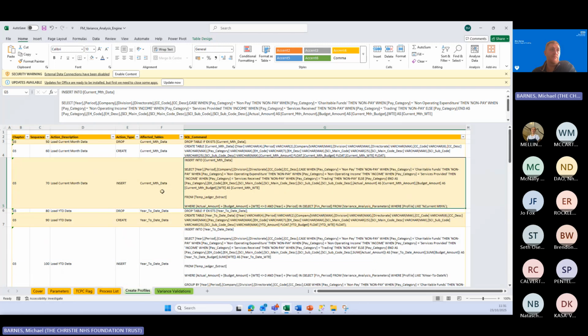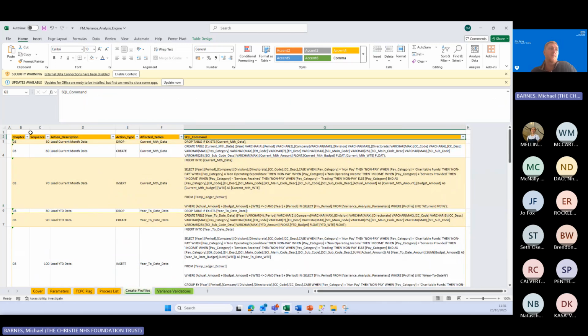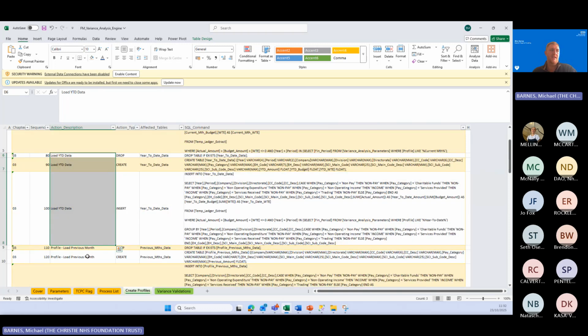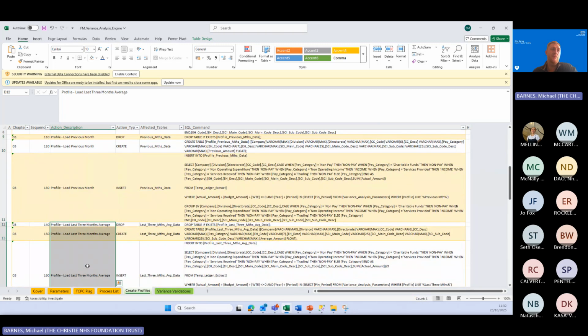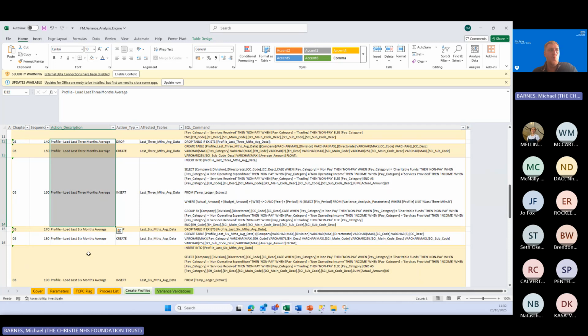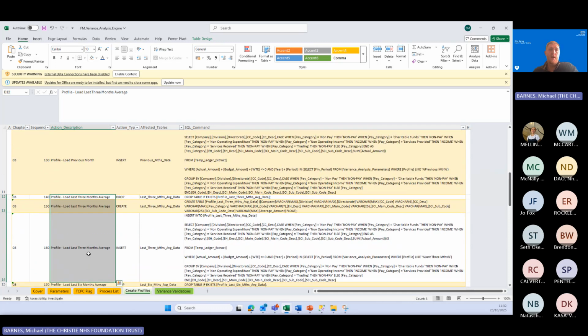Profiles themselves. What we've tried to do, again looking at that SQL command bit and a little bit at this column D action description, is take the data that I've loaded and parse it up into little chunks. So I want a table that's looking at the current month, a table that's my year to date, a table looking at the previous month, maybe the last 3 months average, last 6 months, whatever else. We can then start to think how we can use this